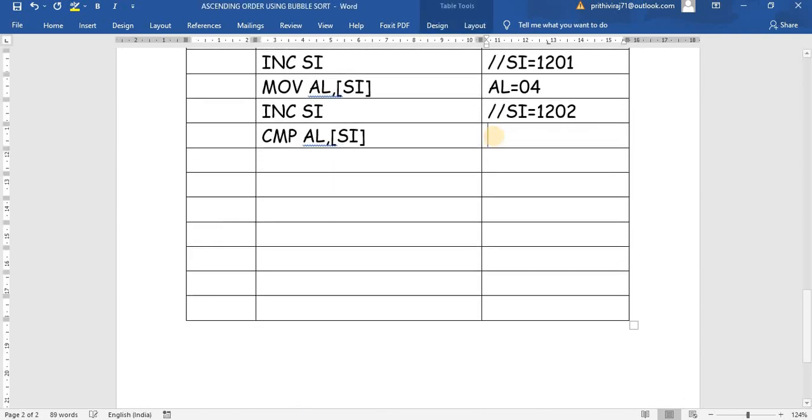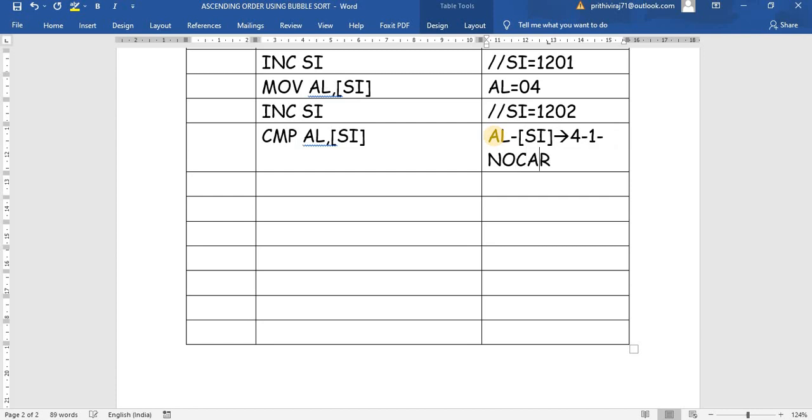AL minus SI, 4 minus 1. So what happens here? No carry. So no carry means we should swap the data. So here I can give a branching: if carry occurs, jump carry.